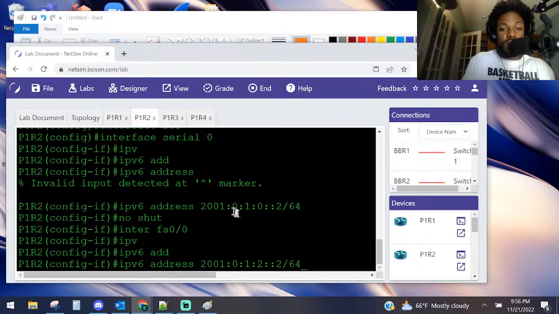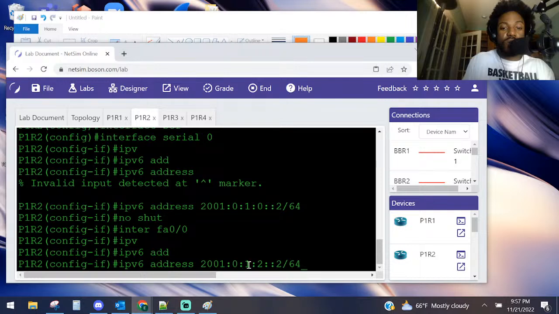And notice, y'all see how we did the 010 right here, right? I believe what happens is when you have a 0 with no numbers in between it, because remember, there's supposed to be like 8 sets of numbers in here, it kind of abbreviates it. That's why it shortens the number. Notice, watch,